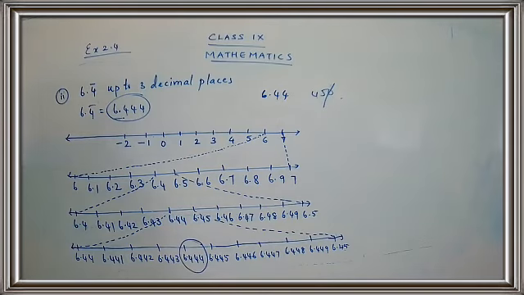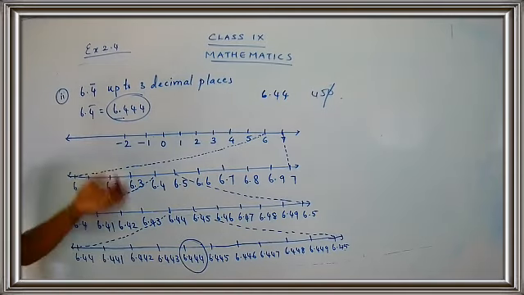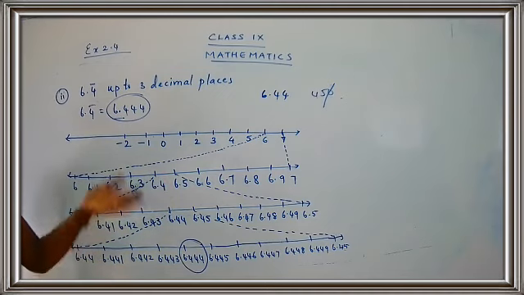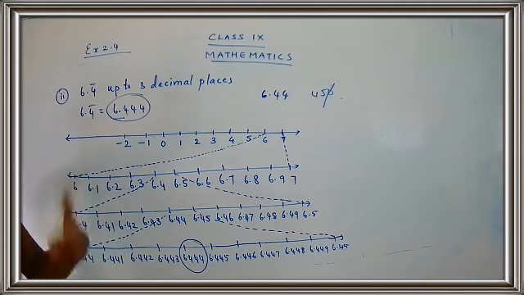6.444. Yes, we have found our answer. So we found the answer. Are you clear, children? So what is this method called? This method is called successive magnification. We went on magnifying. We are going on magnifying until we get the answer. Successive magnification: the next step, the third step, and go on till you are successful in